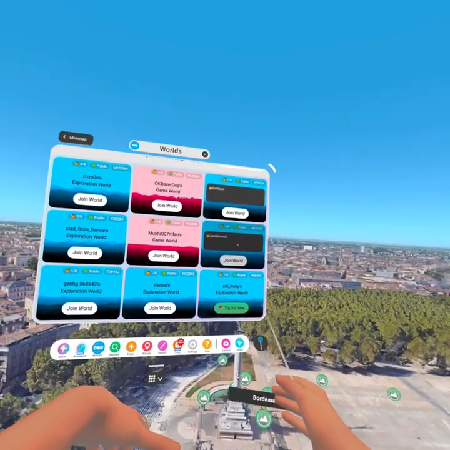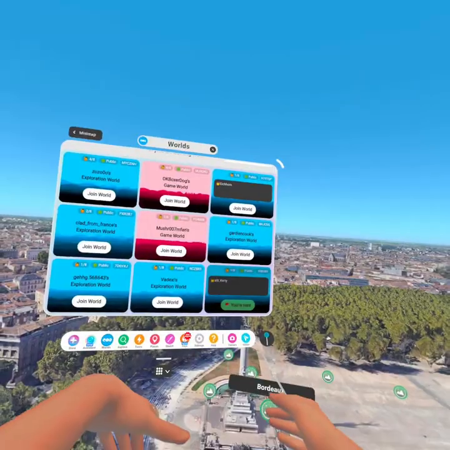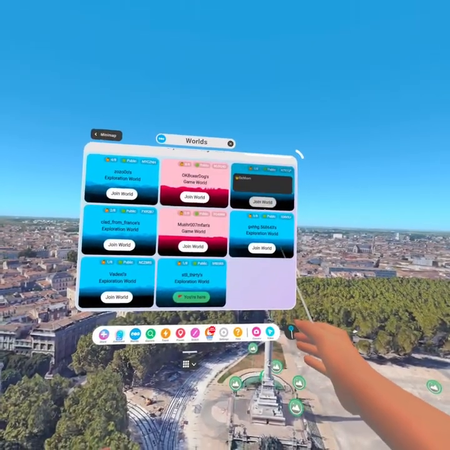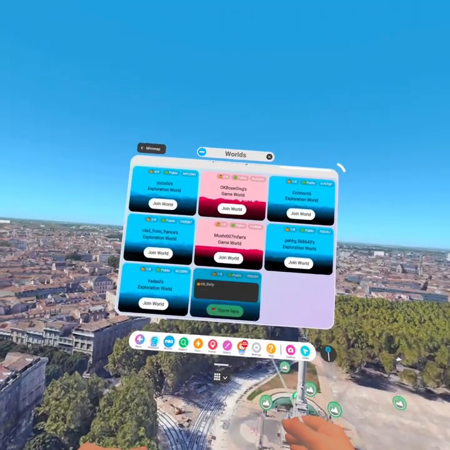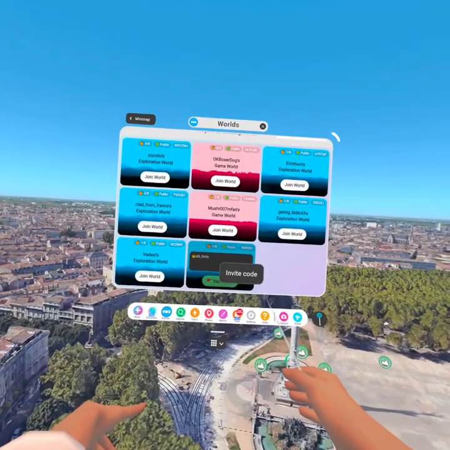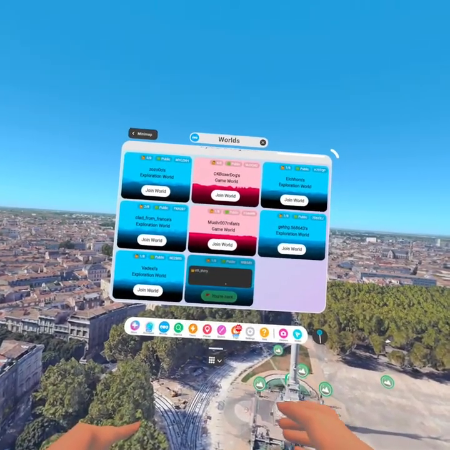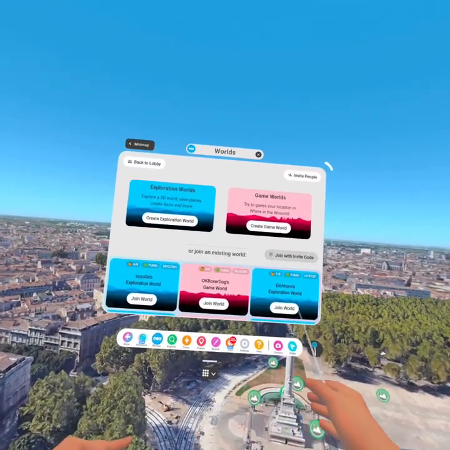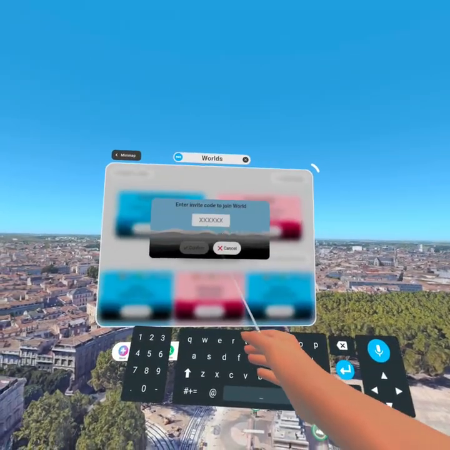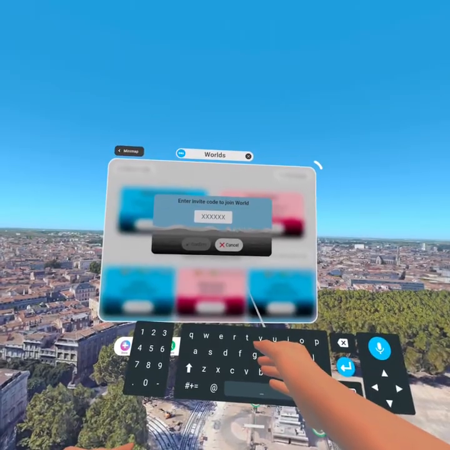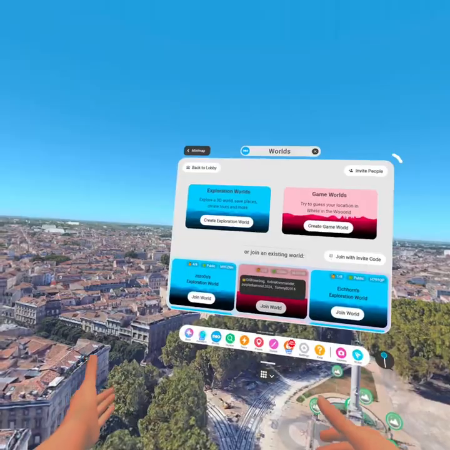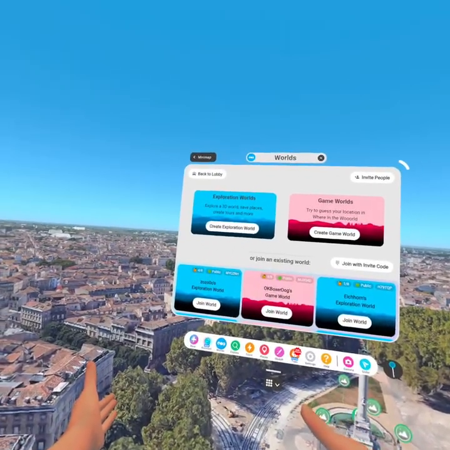So now you can tell everyone that you're in Steely 30 in this case, Steely 30's world, and then they can go ahead and just join your world if you've left it open. If you haven't made it public, if you've made it private, you'll see this code. In this case, my code is this string of letters here. And if it's a private world, then you can tell them to hit join with invite code, and then when they do that, they'll be able to put in that invite code that is your room code. Once they've joined it, then we'll return back here, and I'll tell you what the next step is to have